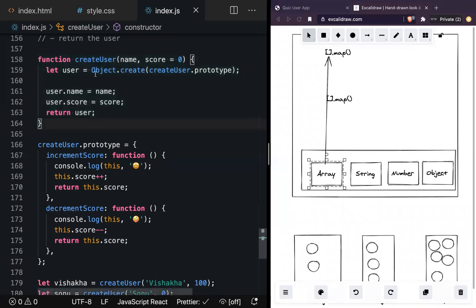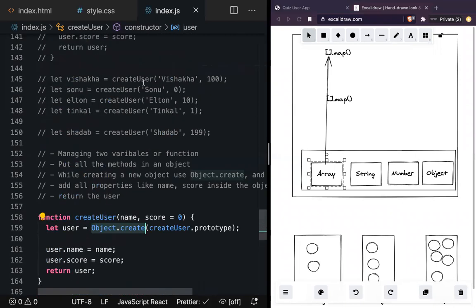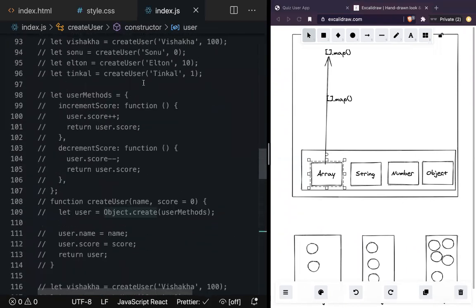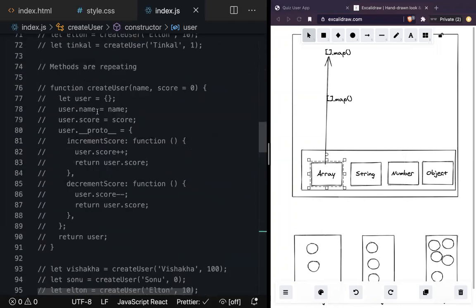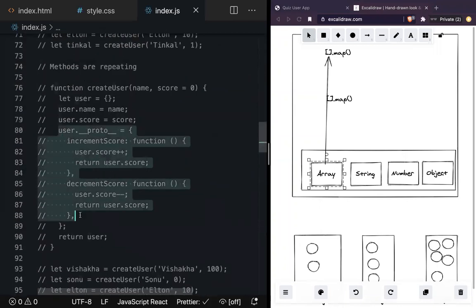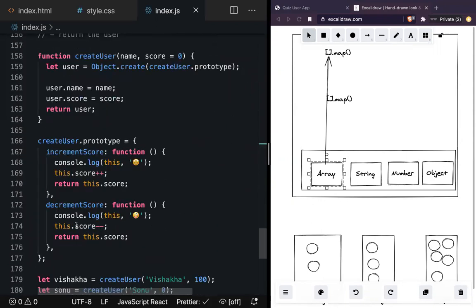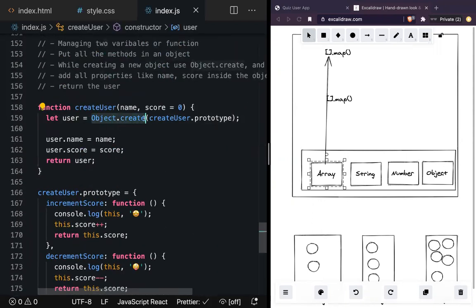And that's why we are doing object.create, because earlier we were changing the Dunder Proto by ourselves. If you remember the code here, we were changing the Dunder Proto, then we got to understand the browser is telling you not to change Dunder Proto, tell me when to change it. So I'm telling the browser, using the method object.create, to change the Dunder Proto of the newly created object to create user.prototype.